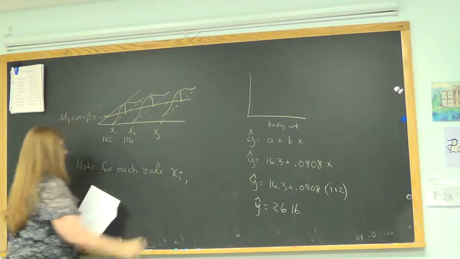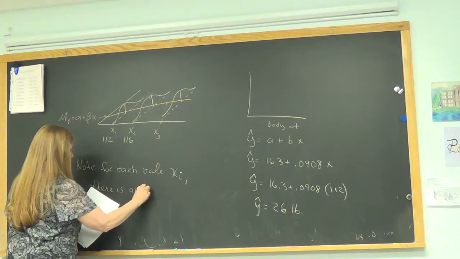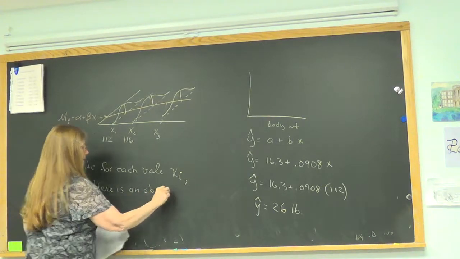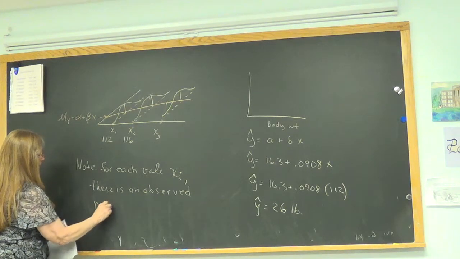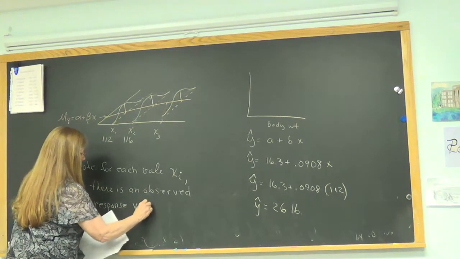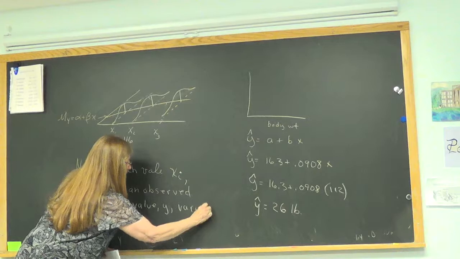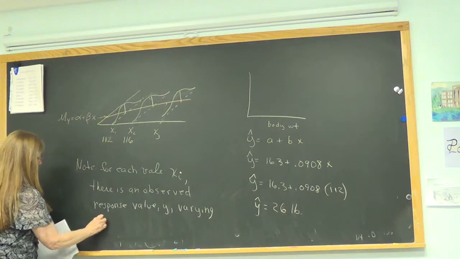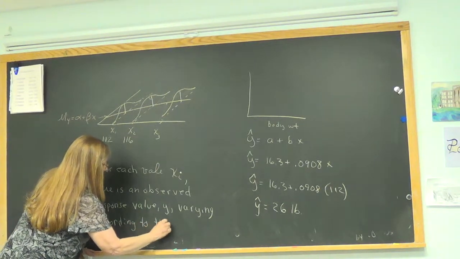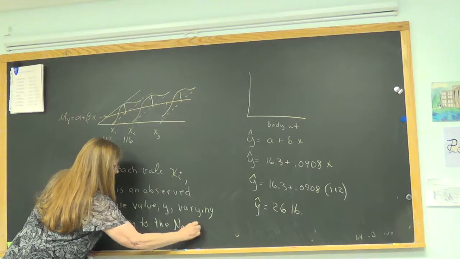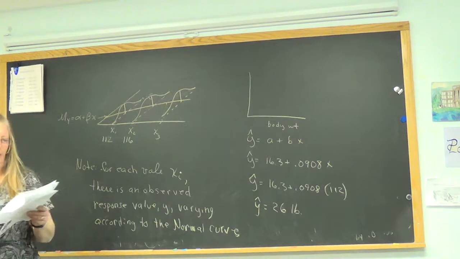For every value X of I, there is an observed response value, Y, varying according to the normal curve with mean